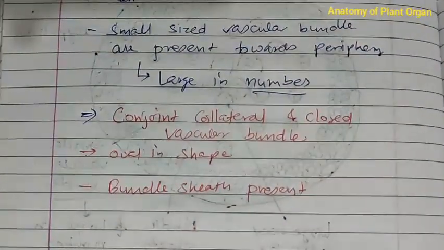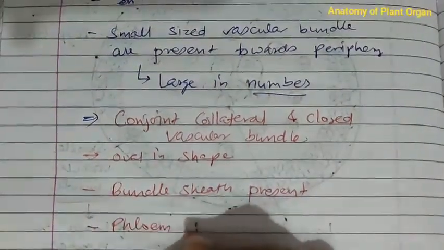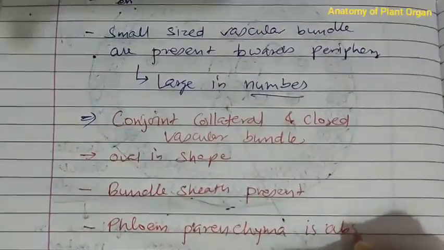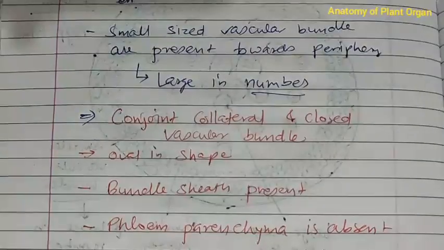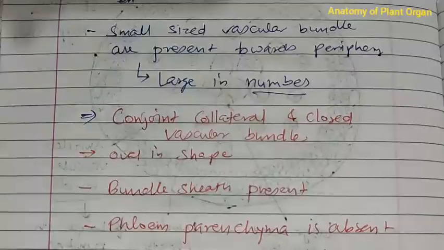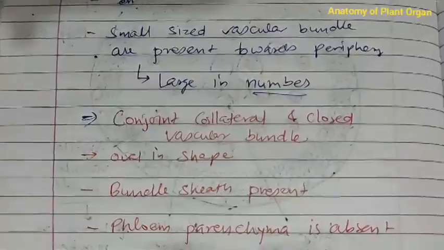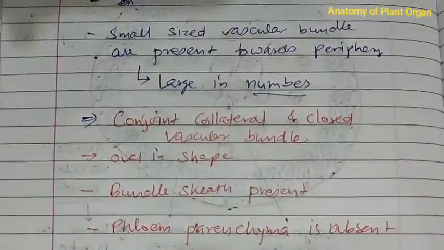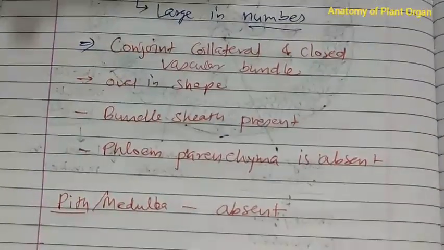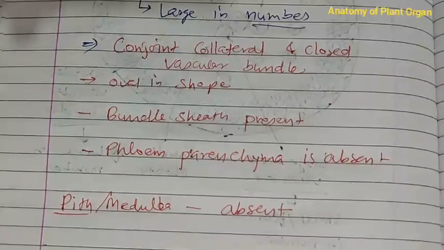Okay, and phloem parenchyma is absent in phloem. Okay, and last, pith or medulla, that is absent. So these are the characteristics of monocot stem, having scattered vascular bundles, then large size vascular bundles present towards the center,